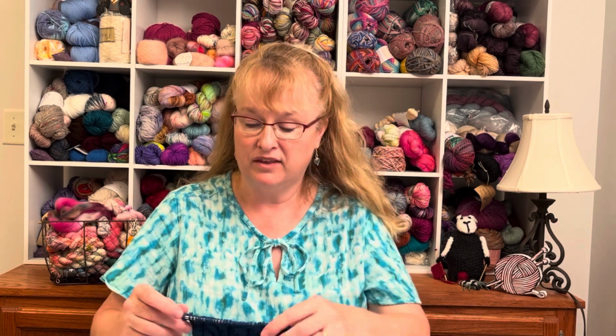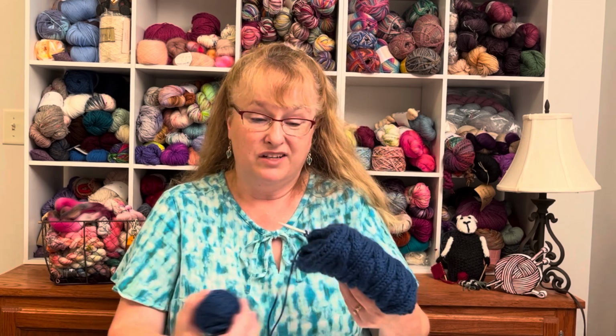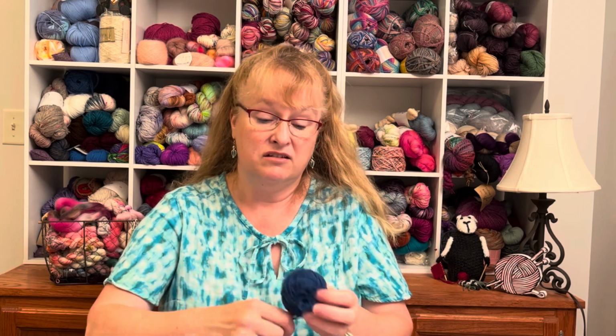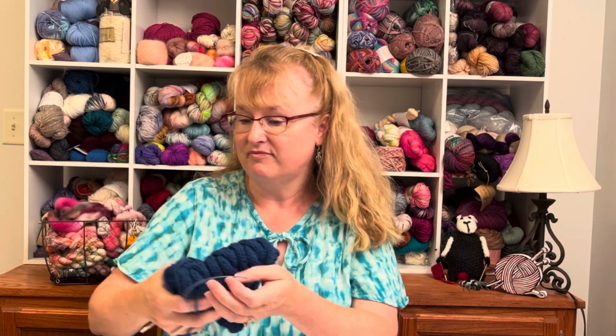It's a really laid back project, but it's fun, you know, in contrast to the fingering weight yarn, to do this worsted weight scarf with a cable needle. That's been really enjoyable, and it was easy enough that I could do that while talking to company or talking to family and riding in the car. So really excited about that project. All right,